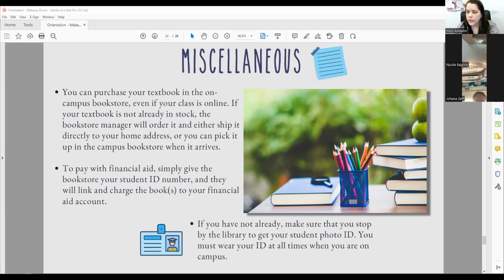How will I know what book I'll need for my online class without seeing the syllabus? So for your class, you can either call the bookstore and tell them what class you're registered for, and they can tell you what book you need, and if they have it. You can also go to the